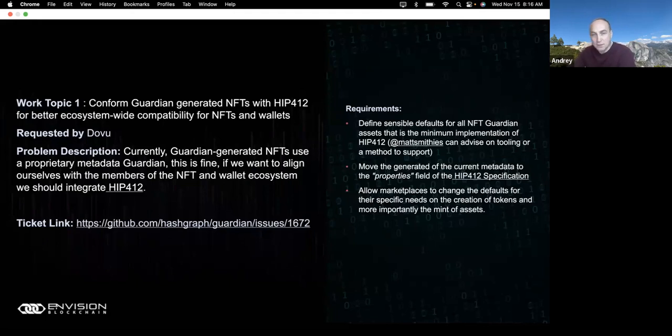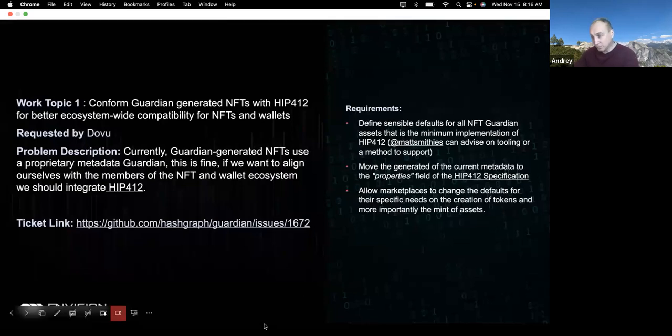So this ticket or work topic is to bring Guardian's implementation of the Hedera NFT concept in line with all other implementations of Hedera NFT concepts, as well as maybe adjust the actual NFT standard in Guardian to accommodate the things that were needed for Guardian to work. That's what we've done, and that's why it's not 100% compatible, and that's required.